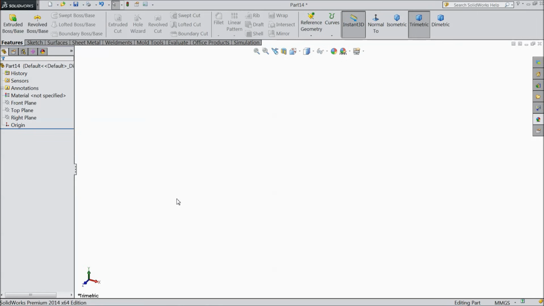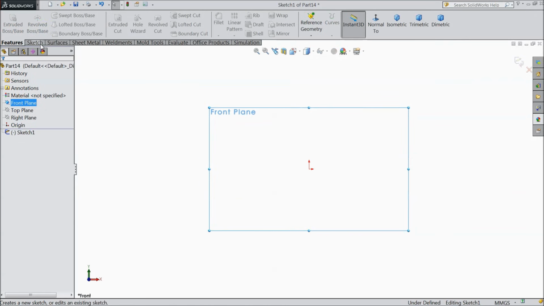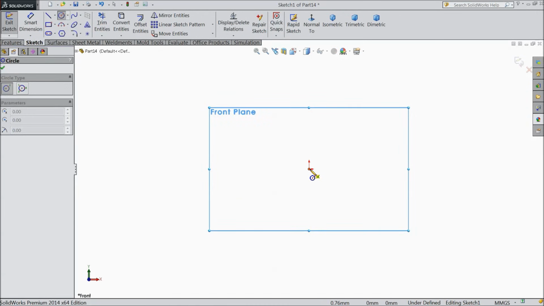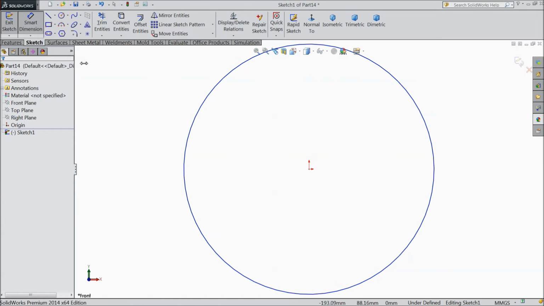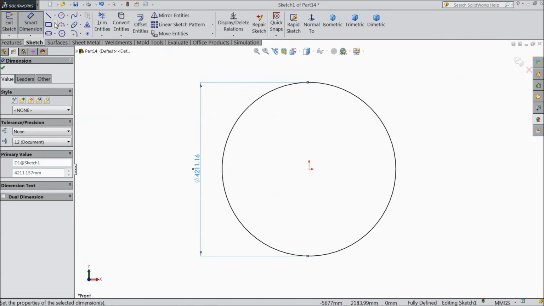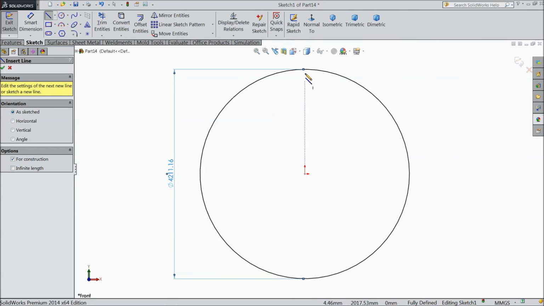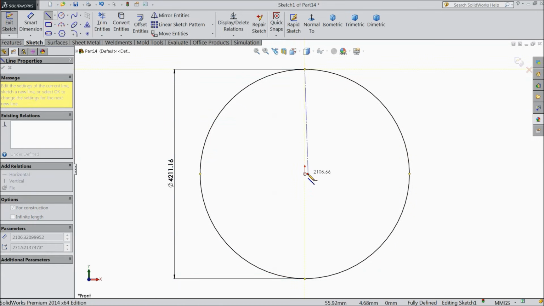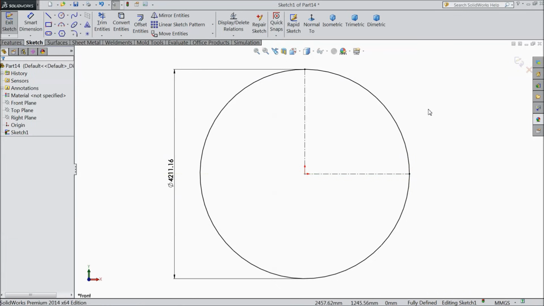Now we will sketch the second part, heat exchanger tubes. Select front plane, sketch, draw one circle and keep the diameter 4211.157 mm. Now select center line, connect with origin and another end, exit.